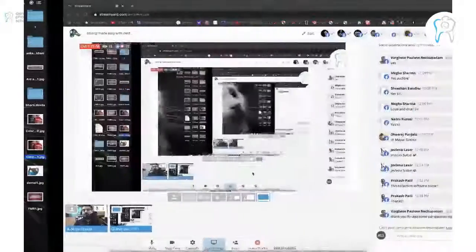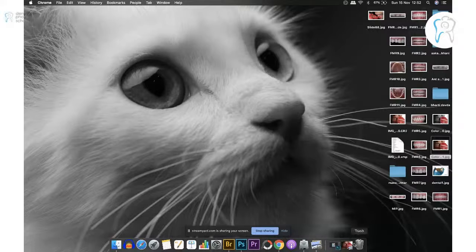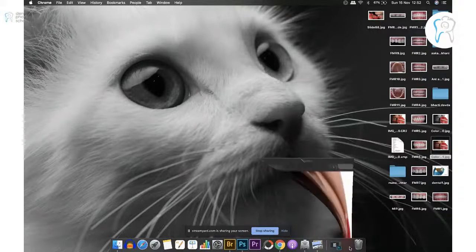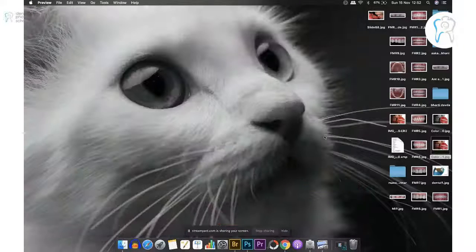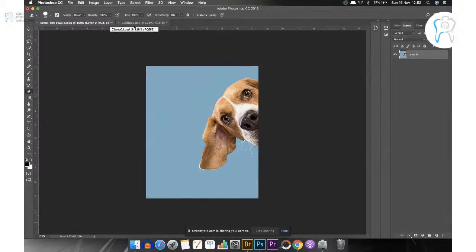And now let me show this on Photoshop. So let me select some other image for this purpose. Let me just go to Photoshop, and okay, so we already have an image of a dog. So just say that I'm not happy with the blue color. So what I'm going to do is, or maybe I want a transparent background also. Okay, so what I'm going to do is, I'm going to go to Photoshop Creative Cloud, and I'm going to